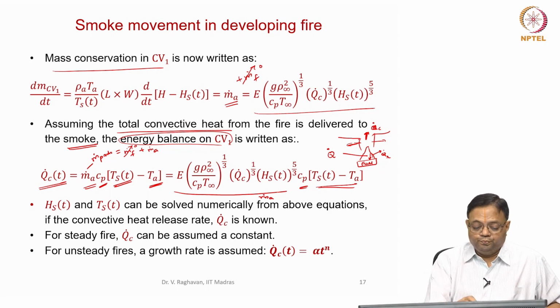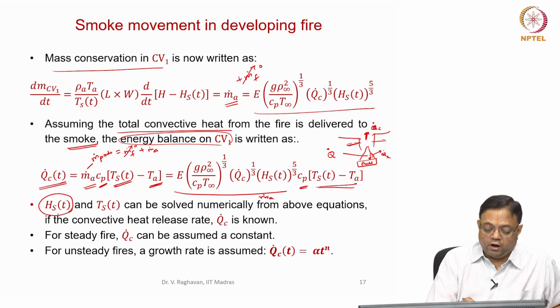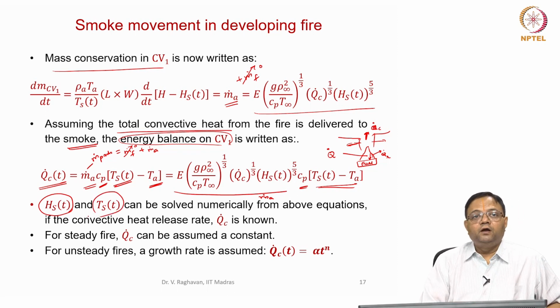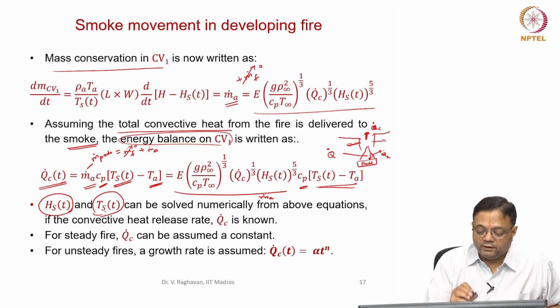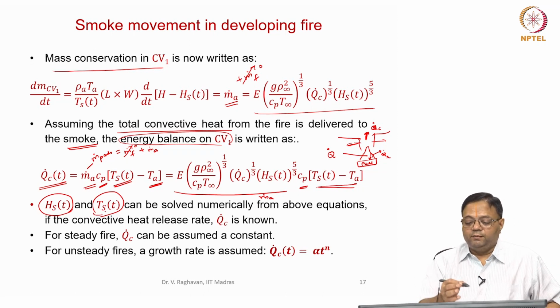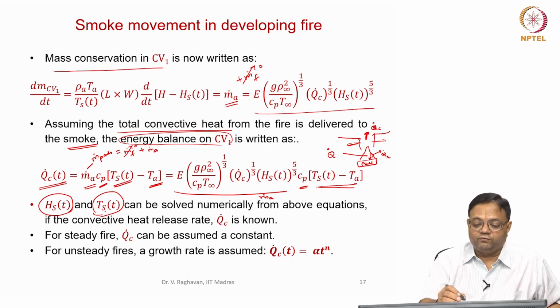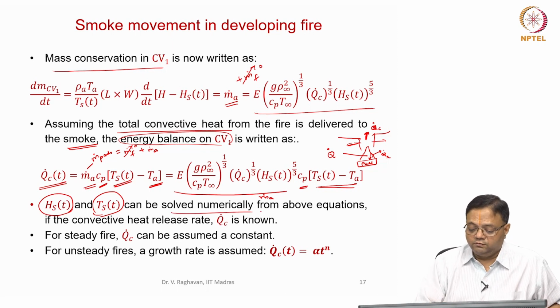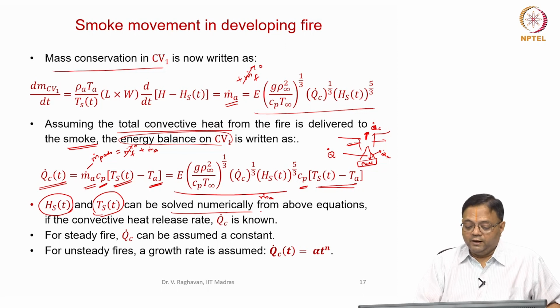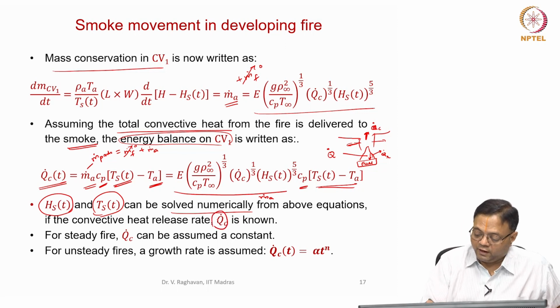Nice. Now there are two variables. One is the height of the smoke layer, that is the bottom of the smoke layer measured from the floor. Then the temperature of the smoke layer, which can be solved by using these two equations, mass conservation and energy conservation. Basically, I numerically solve this, but I need to know what is the convective